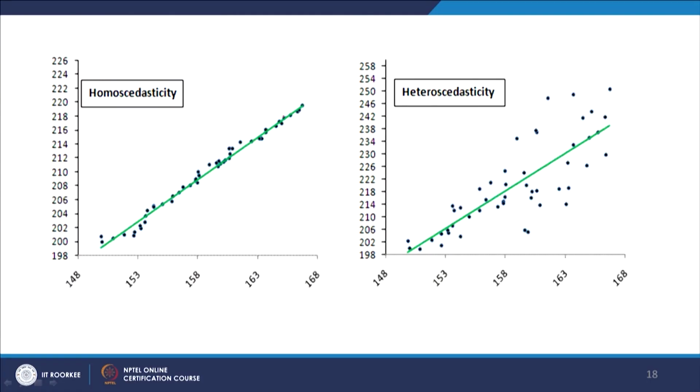Heteroscedasticity is a problem actually. Unequal variance generally gets corrected as the data gets normal. If your data is not normal, there is a large chance of getting this problem, but as your data gets normal, the heteroscedasticity problem is reduced. Let us see this case. This is a case of homoscedasticity. There is an equal variance, all distributed close to the line, but you see here the dispersion is too high. It is as if like a funnel, going up, right. So, this is a case of heteroscedasticity, and that is a case of homoscedasticity.